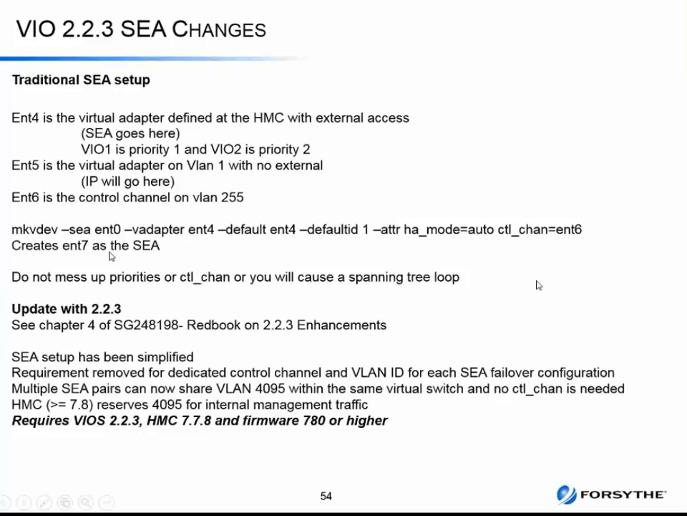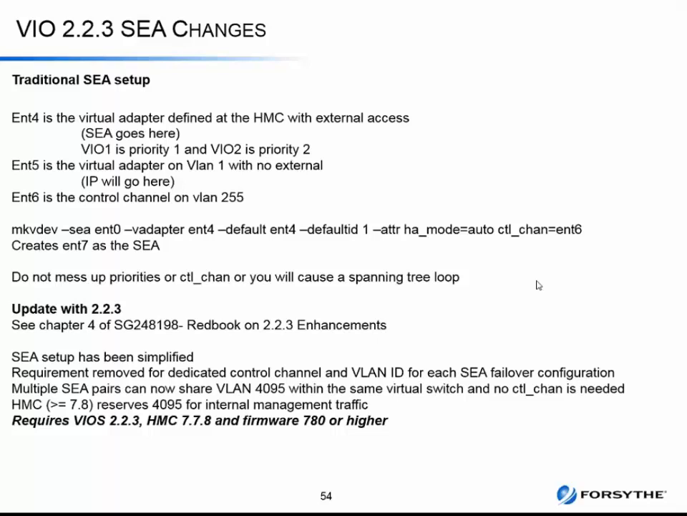Well, with 223, and you have to be at least HMC 7.8, you now have the ability to have multiple SCA share VLAN 4095 within the same virtual switch, and you don't have a control channel. Basically, if you define the SCA without a control channel, it will use VLAN 4095 for the control channel. It's reserved as of 778 and higher